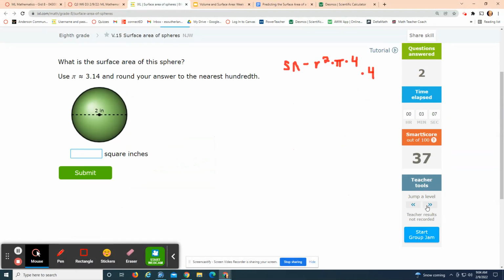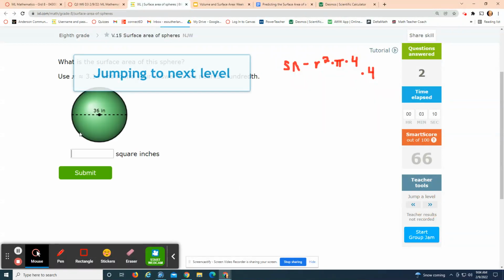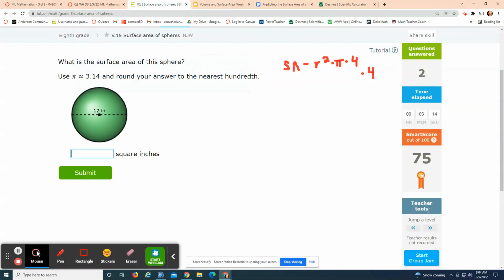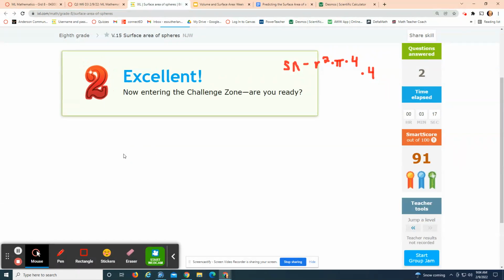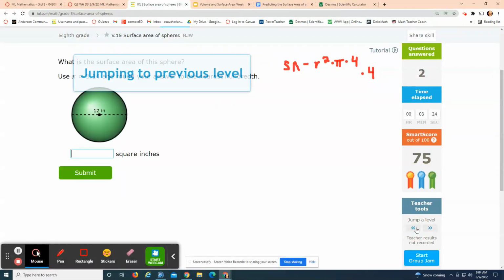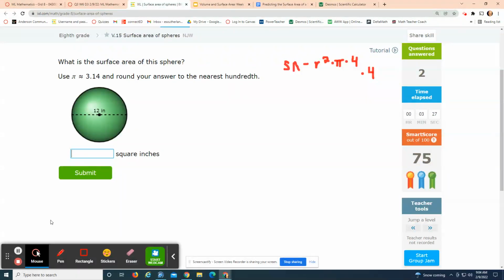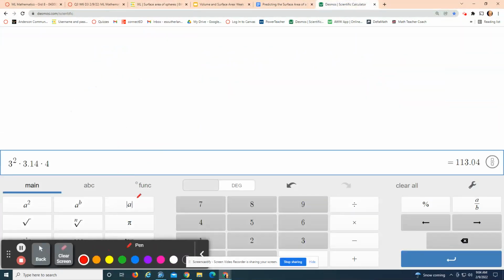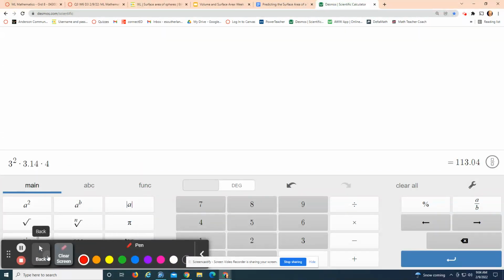As you're doing these, you'll start to notice that they're going to change to decimals as you go on in levels. And so when you get a decimal, let's say it said that the radius was 12, or the diameter was 12.2 instead of 12. How do I figure out what the radius is? If all the way across is 12.2, how would I figure out what the radius is? Yeah, I just want to take this and divide it by 2, and you can just use the calculator to do it. One thing that you do need to be careful is